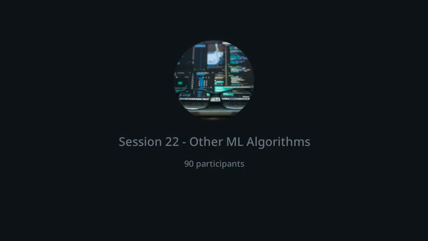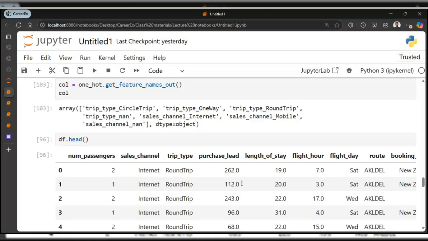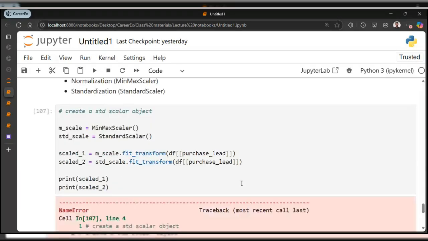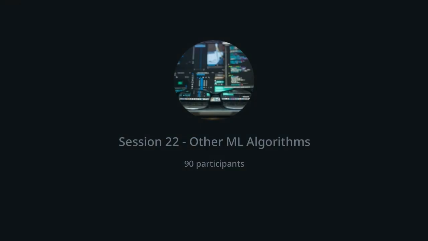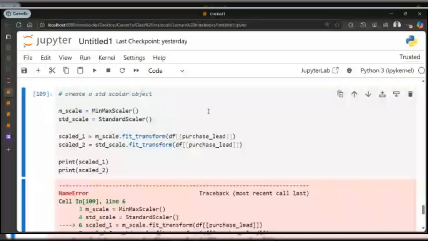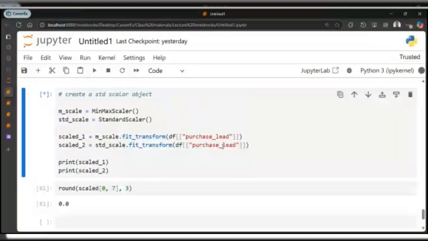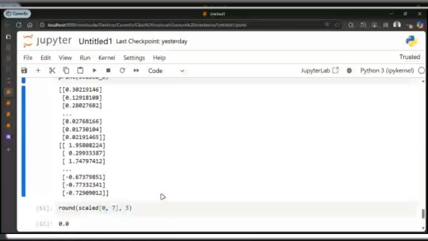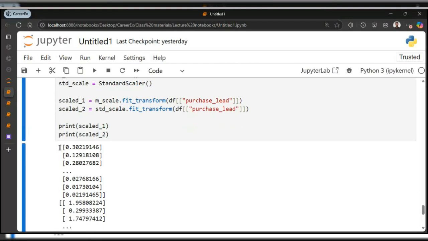StandardScaler is not defined, so let's see if we can import it. It should be E, not A. If you get your spelling correct, it should run perfectly. Now the purchase list is not defined, so let's put this in a string, and do this again. If I run that and it gives me an error, I'm just going to throw the system away. So you see that it has scaled our data here.